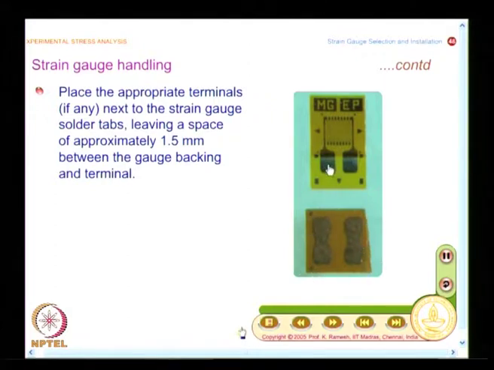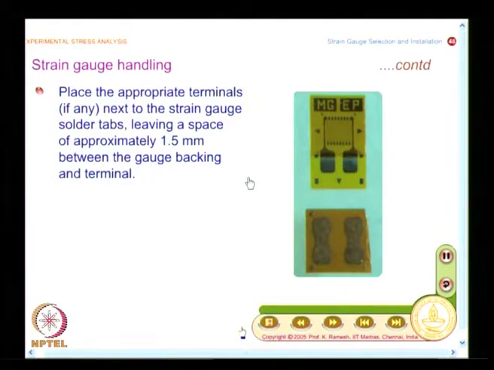Instead of directly using the lead wire up to the strain gauge, you have terminals, and you will have a single strand wire connecting the strain gauge to these terminals. Now, both of them need to be aligned properly at the point of interest. Strain gauge needs to be aligned very carefully. This is just for connecting the strand of wire from the tab to the terminal,